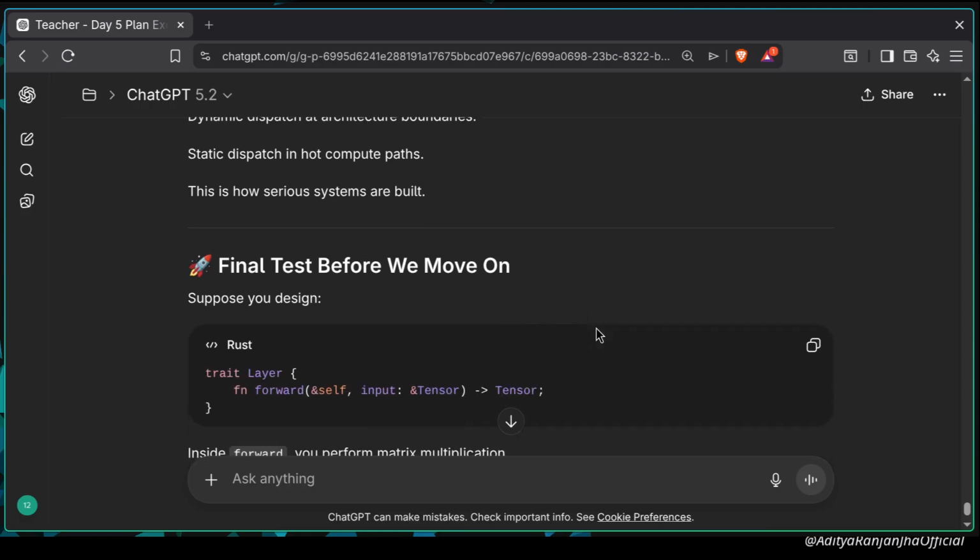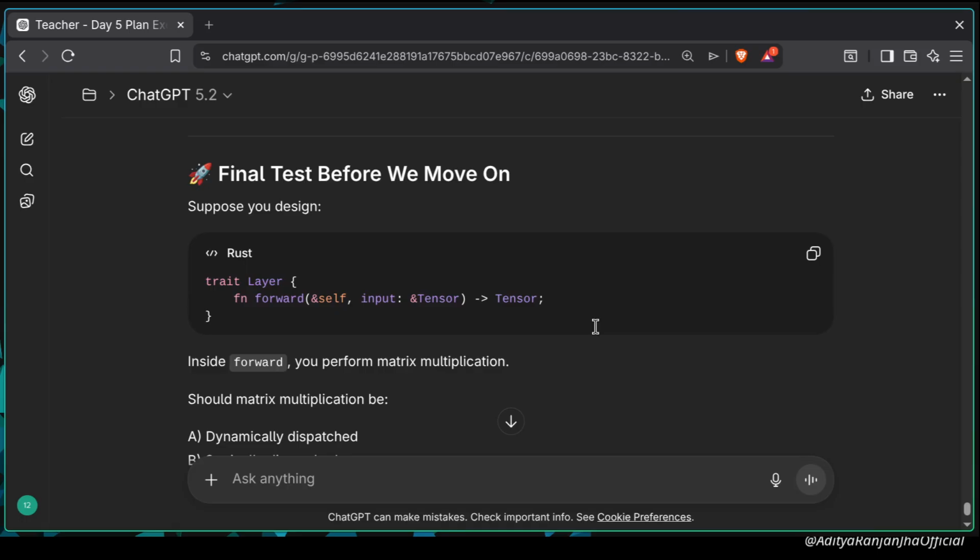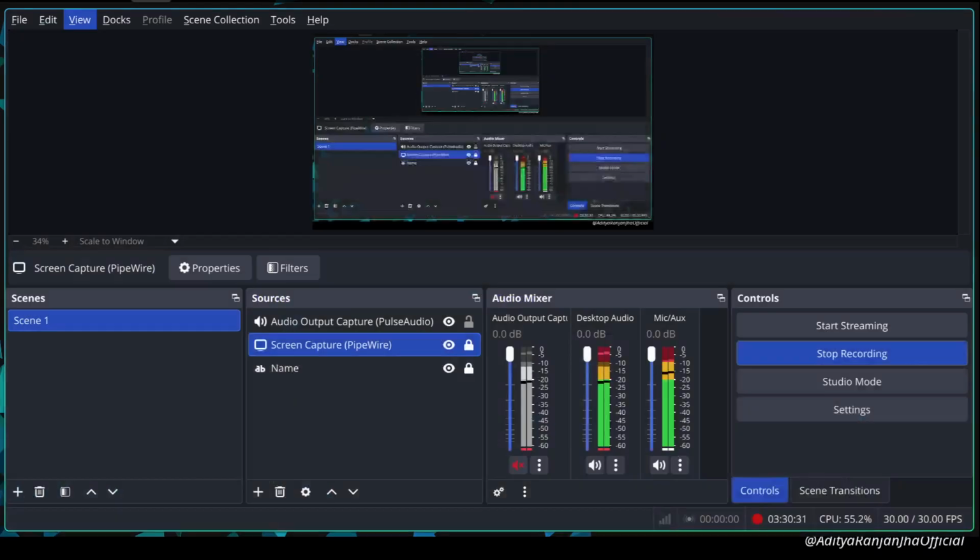Now, final test before we move on. Oh, please, please, please don't test my patience. Please don't. Because I am going to take a rest now. If this completes or this doesn't, I don't care. I'm going to take some rest of half an hour, something like that. I guess I don't have an opportunity to just pause this video, or else I would have. So I will just mute it and